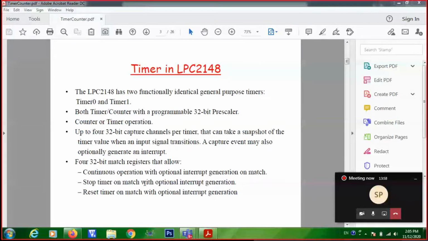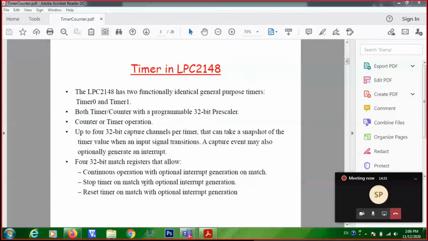Say, for example, you need to count the number of persons entering a room. Basically you will use an IR transmitter and an IR receiver at the other end of the door. Whenever the light is cut, the IR receiver will generate a signal. This signal you give to the timer input as an event. Whenever the receiver generates a signal, your timer will increment by 1.